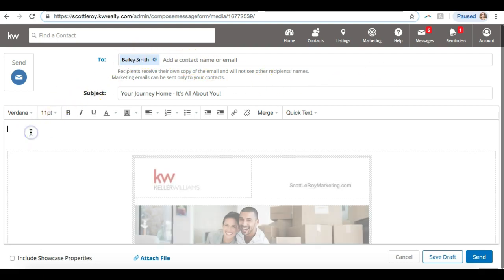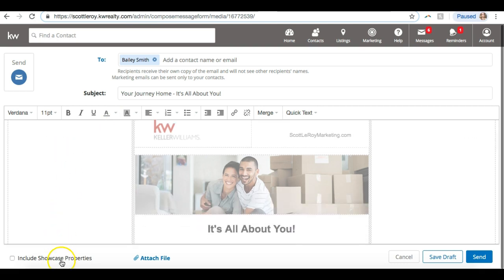You can add in additional text or anything if you'd like. You can include those showcase properties or attach a file. And then this is actually new. They added a Save Draft button. So if you're not ready to send this out just yet, you can save this as a draft and it'll be up here in your messages. But if it is good to go, you can go ahead and click Send,